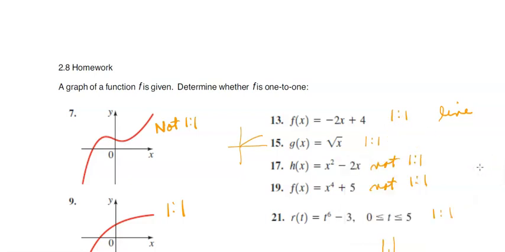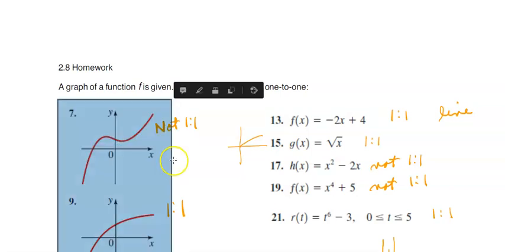In this video, I'm going to go through the homework for 2.8 to help you get ready for the 2.8 quiz. So the whole focus is on inverses. Remember, for a function to have an inverse that is a function, that function has to pass the horizontal line test. That will mean it's 1-to-1, and 1-to-1 means that it is a function itself and its inverse is also a function. So number 7 is not 1-to-1, because if I were to draw a horizontal line across here,